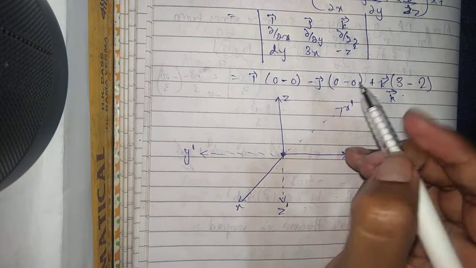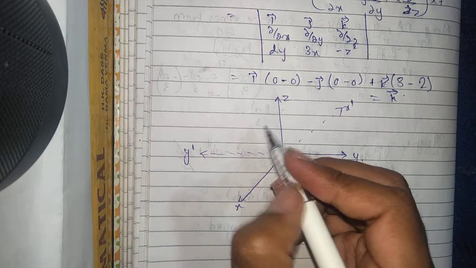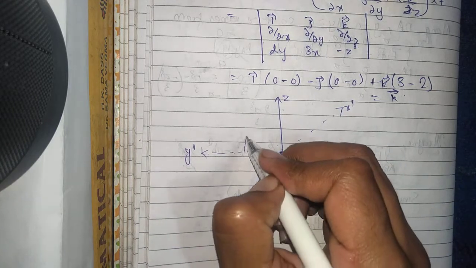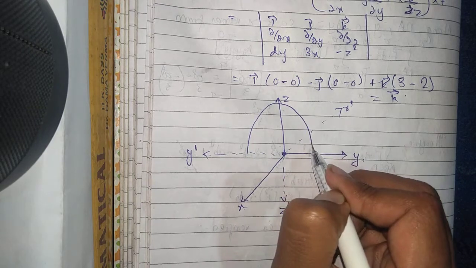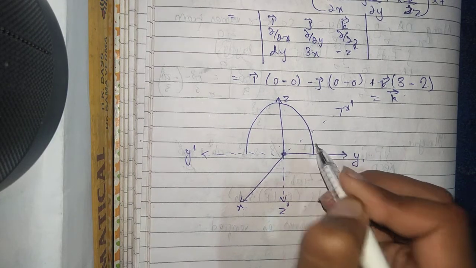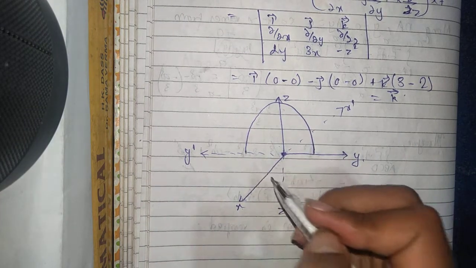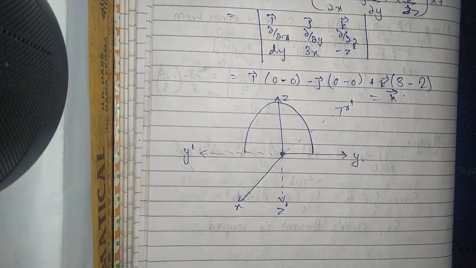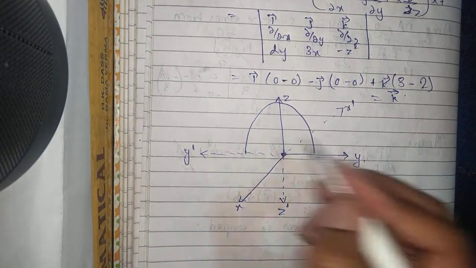Since the question has said there is only the upper half part of the sphere, our upper half part of the sphere is represented like this, and for the upper half part of the sphere its projection be